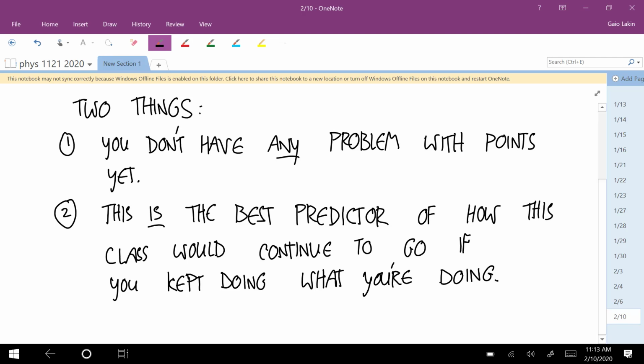So if you got a score in the teens, I think you should take it as a strong indication that you really need to be conscious, clear to yourself about how you want to approach this. And one way you could approach it, obviously, millions of people have dropped physics 1 and gone on to super successful careers. But if you want to pass this class, do well in this class, you really are going to need to change something. If you keep doing what you're doing, it's going to keep going like that.